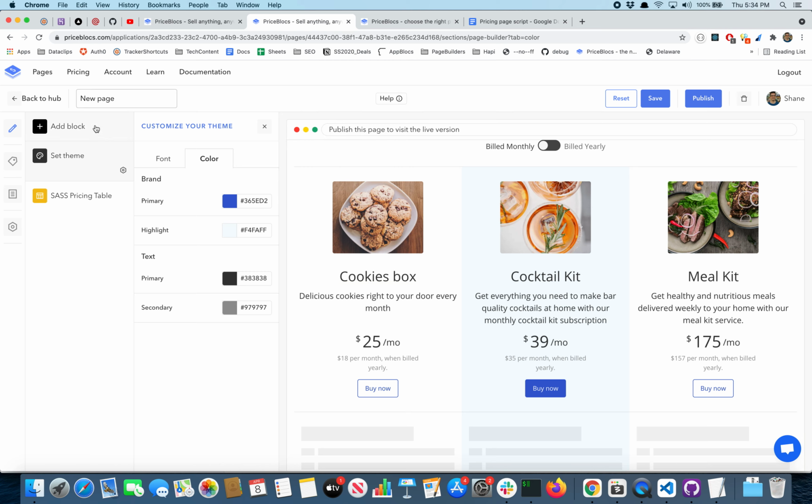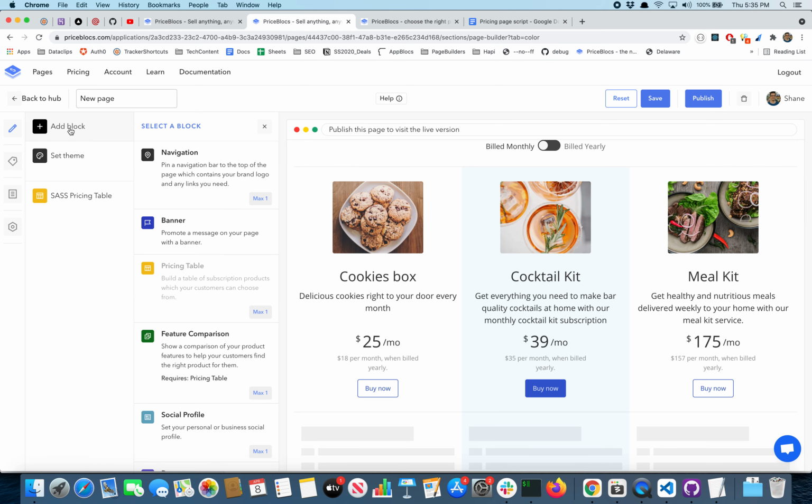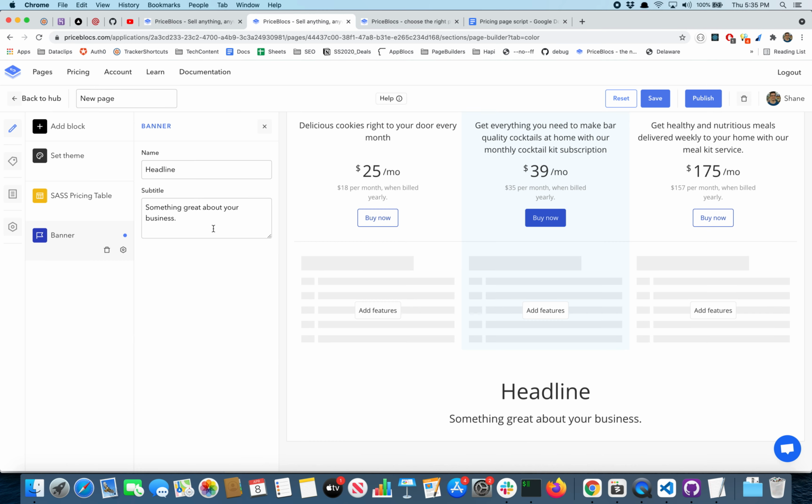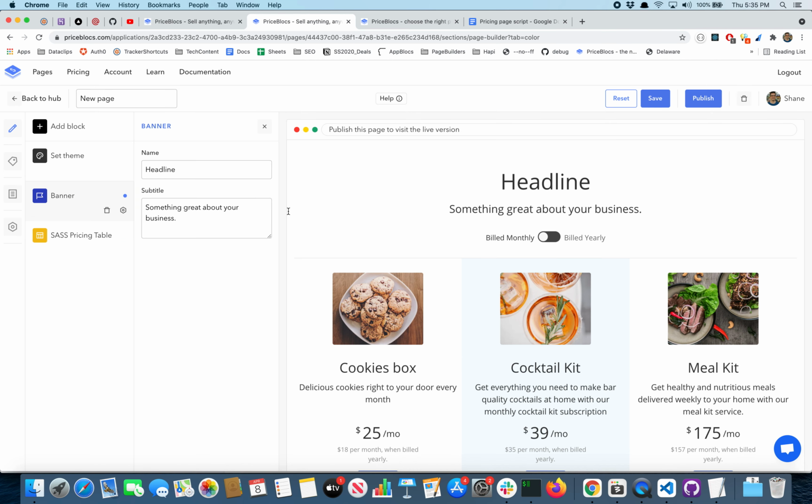One other thing that I want to add is a headline banner to set the context for the page. So I'm going to hit add block over here. I'm going to go back to my menu. Here's the banner. When you add one, it's going to default add it to the bottom of the page. To reorder them, you can just come over here to the sidebar and then drag it up to the top like that. Again, like everything on the page, if you want to edit it, you can just click it, hit this little menu here,